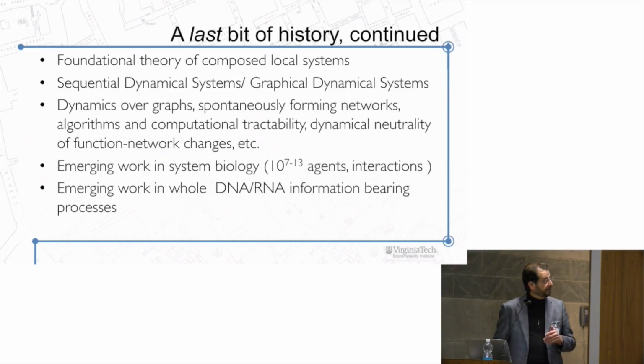where the systems biology work is working up, as we heard earlier. We're approaching Avogadro's number of items, but they're distinct, complex-system-style items. And we also have emerging work in DNA and RNA information-bearing processes. So the data types that we're talking about are